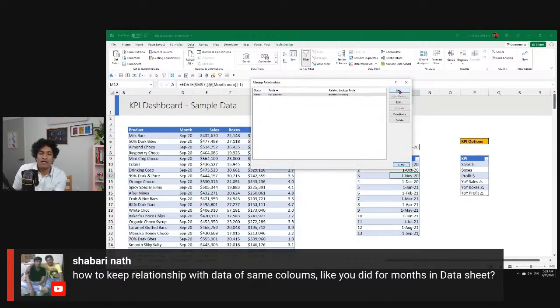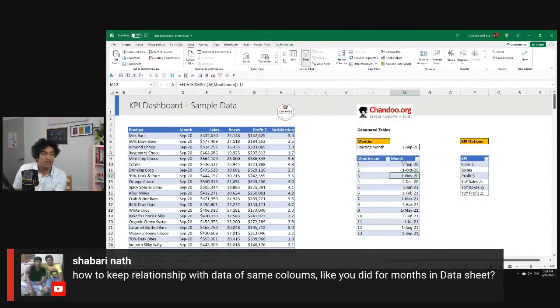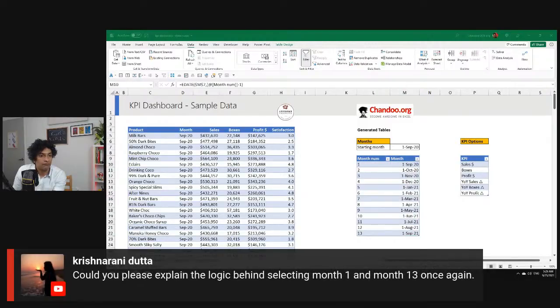And add a new relationship, map one column to another. The only rule here is one of the tables must have only one row per month. In this case, month is being added. So one of the tables needs to have that as a unique identifier and it will work. And then